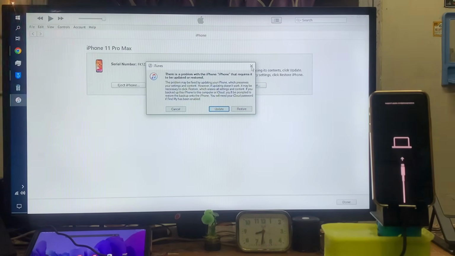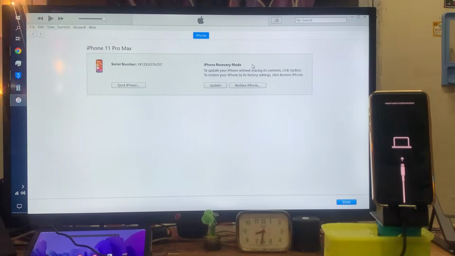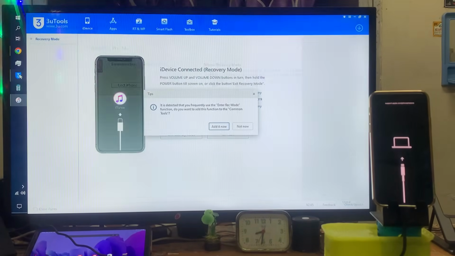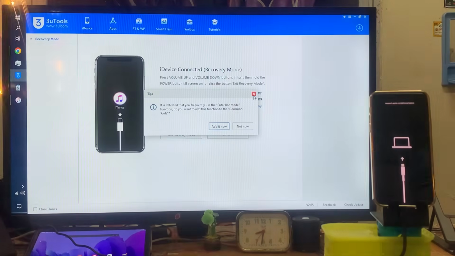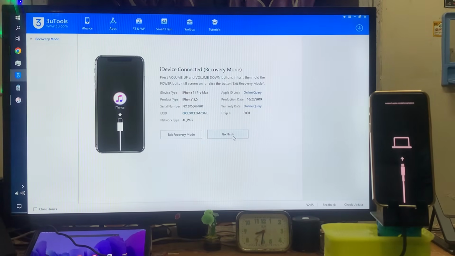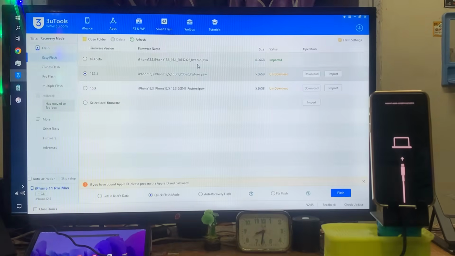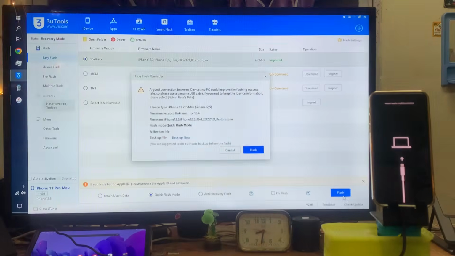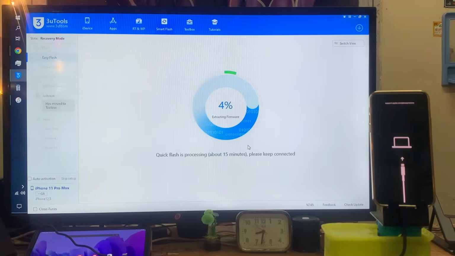Now here, don't go with any options, just cut it from here, and of course we have already selected here. We will click on flash. We have options, this one that I have already imported, and this one we will select the quick flash mode, and we will attempt to. Here is a thing that backup don't go for, and now see here, it has started to extract all the